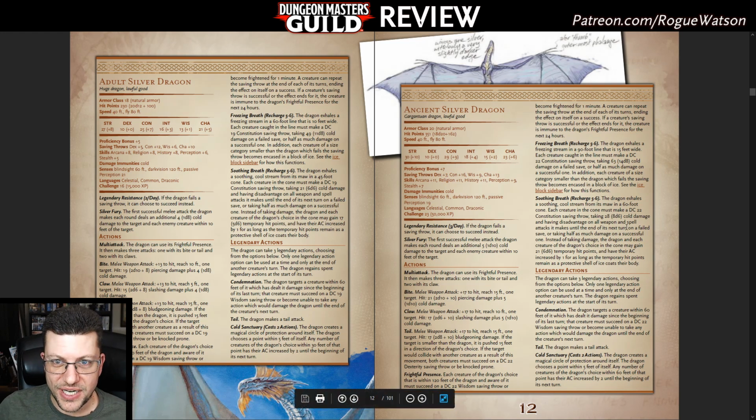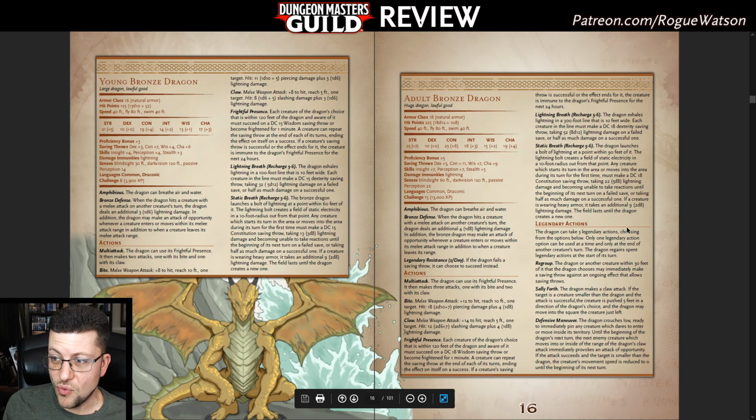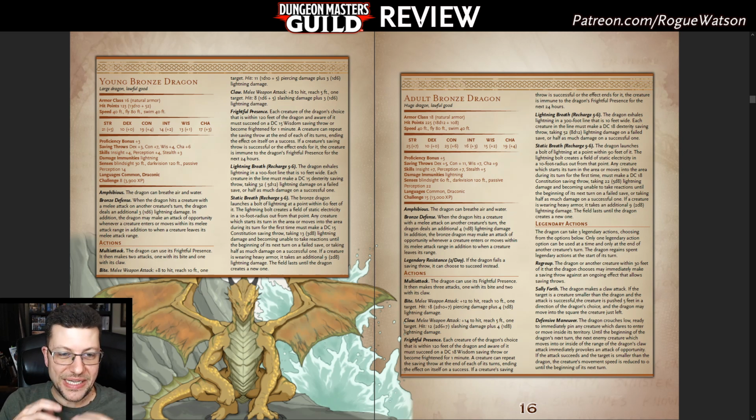Bronze dragons, I think, is that the next? Yeah, the next one. They are the tacticians, the warriors, the soldiers. So their legendary actions involve regroup, sally forth, where they can charge forward and push people, or defensive maneuver, where they can crouch and ready attacks as part of a legendary action. Very thematic, and I think it works really well to have more exciting legendary actions,